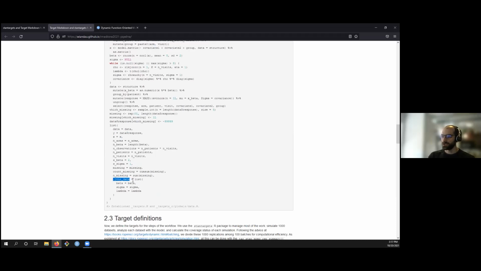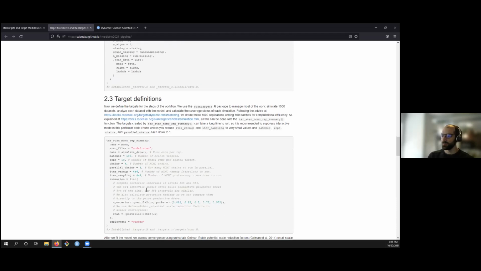The .join data list is something specific to Stantargets, specific for these calibration studies. So you can save the model parameters that went into the prior predictive distribution in this list. And then what Stantargets will do is append these prior predictive draws to the summaries data frame, so you can more easily compare them to the posterior intervals that you get in that summaries data frame and calculate coverage.